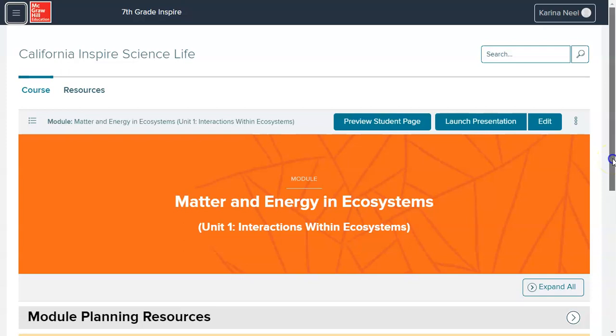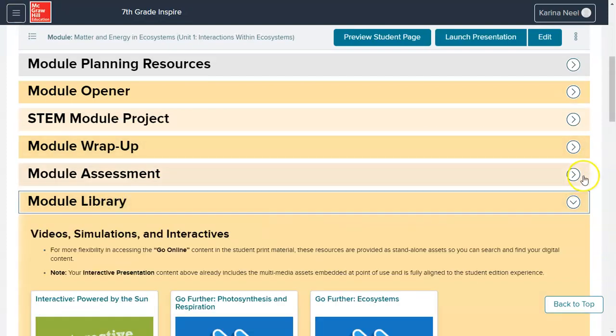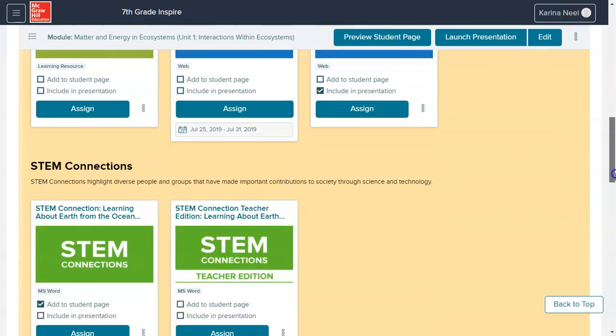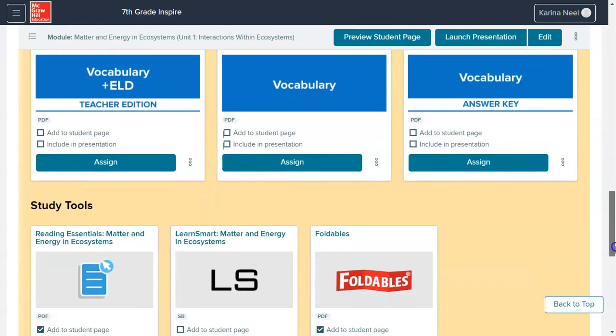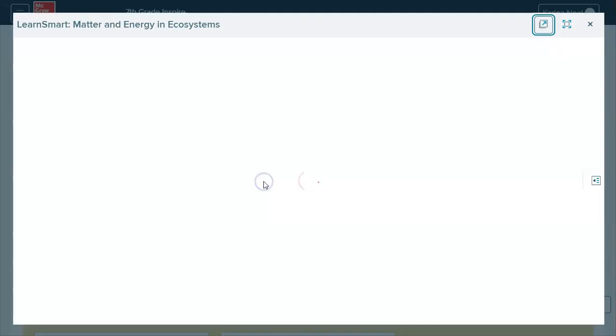To find LearnSmart at the module level, we're just going to scroll down to the module library. Within the module library, one of the very last resources in this section is LearnSmart. LS indicates this is LearnSmart. Now, as the teacher, I can open up LearnSmart and really get a pretty good idea of what that student